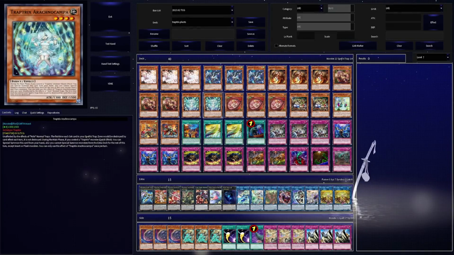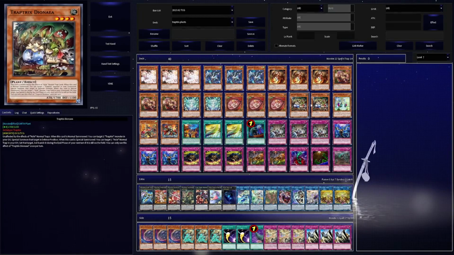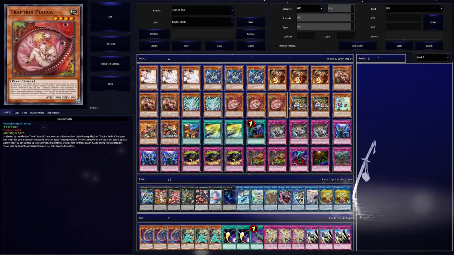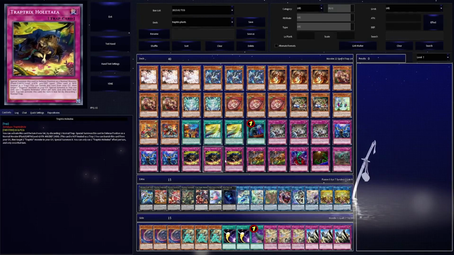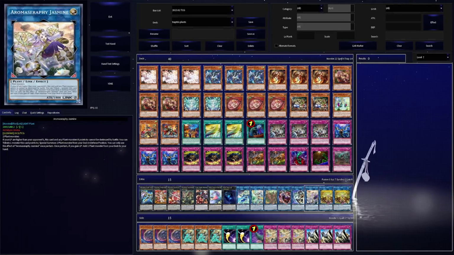If you just look at straight up typing, you have Pudica as a plant monster, and you have Diania as a plant monster, and then everything else is an insect. But actually, you have more than that, because you also have Hotia, which is also a plant monster. And the one card that you always bring out every single time, Sarah, is also a plant monster. Those are your main ways to get at least 2 plant monsters to access